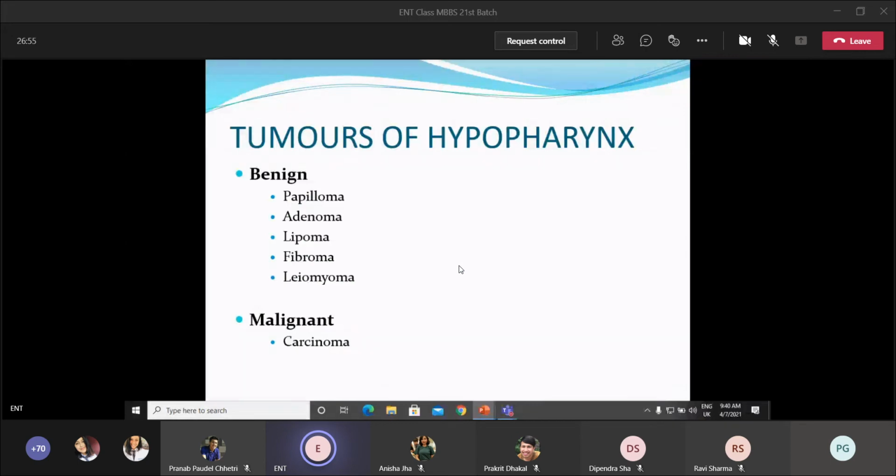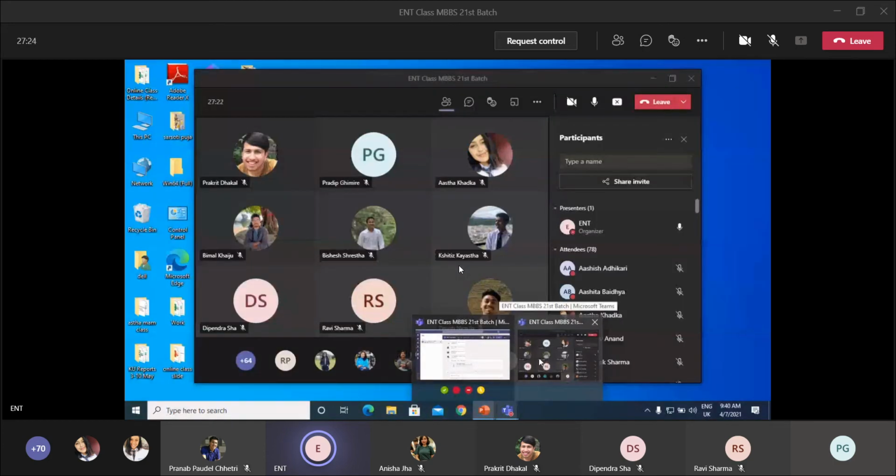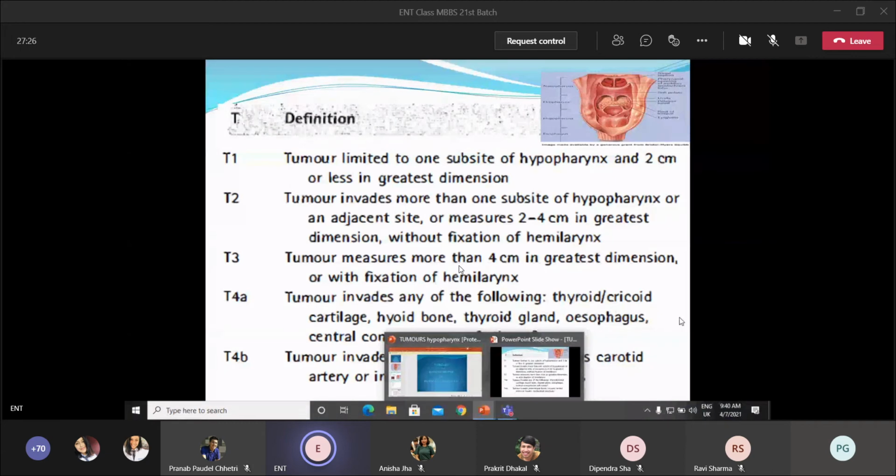The tumors of hypopharynx again divided as benign and malignant. Benign ones are papillomas, adenoma, lipoma, fibroma, and leiomyoma, whereas malignant one is carcinoma. So the TNM staging, it is similar to the one that we discussed yesterday, right? So the TNM staging, it involves